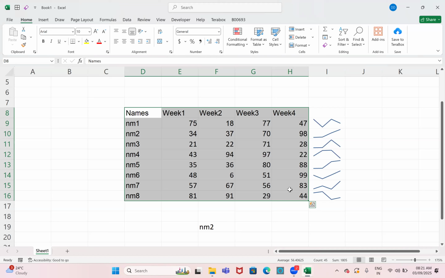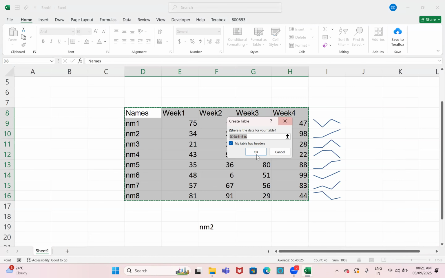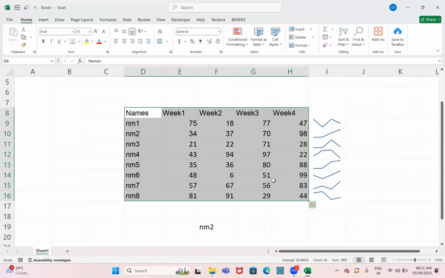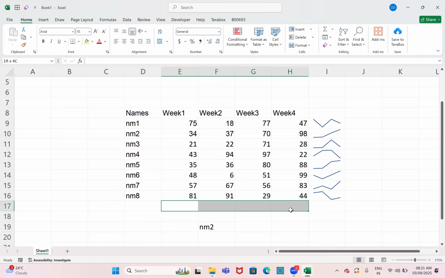What we can do with the table? Maybe the performance of supervisor. That is one thing. Maybe I want to create a table design like this, format as table and convert this into table design. That I can do. Or maybe I will apply some conditional formatting to highlight with some colors. Or maybe I'll create a pivot table using this data. Or maybe I'll create a chart using this data. Or maybe I need to get totals, grand total in the bottom. I may do anything. I don't know what I'm going to do.